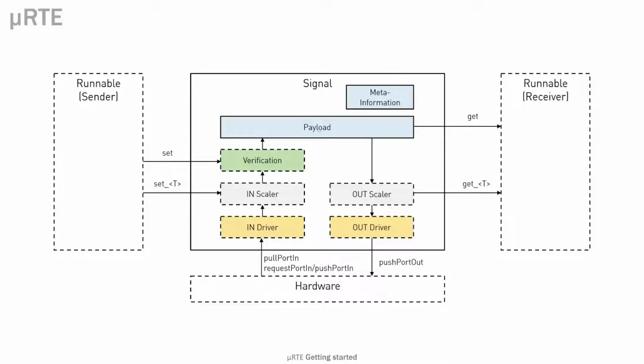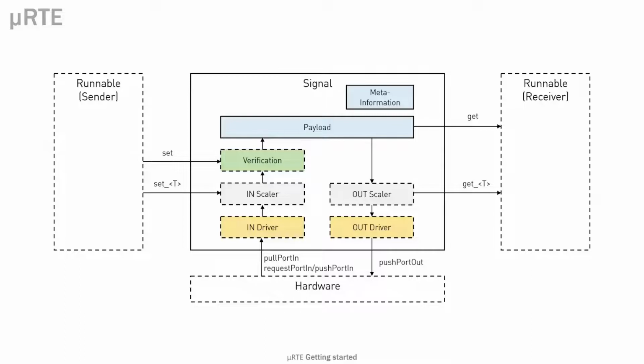At the heart of the signal, there's the payload along with meta information such as the signal age, its validity, or its checksum. Whenever data shall be written into the signal, it first has to pass a verification method, which can be defined by the user. So every time you generate a new signal, it will nag that you first have to provide some code for